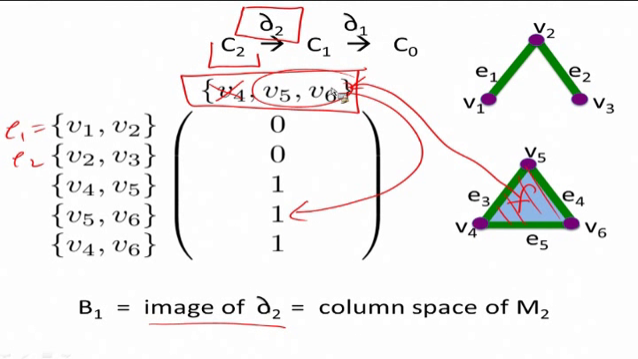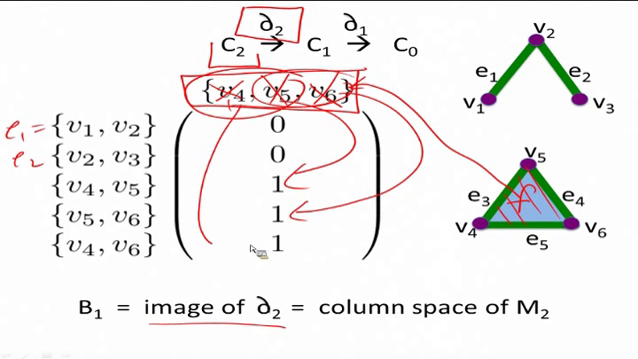If I remove V6, my boundary is V4 plus V5. If I remove V5, then my boundary is V4 plus V6. So if I remove one vertex at a time, remove V4, I'm left with this edge. Remove V5, I'm left with that edge. Remove V6, I'm left with this edge. And so we can see that if I remove one vertex at a time, that tells me exactly where to